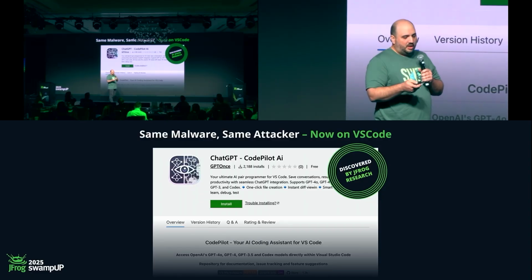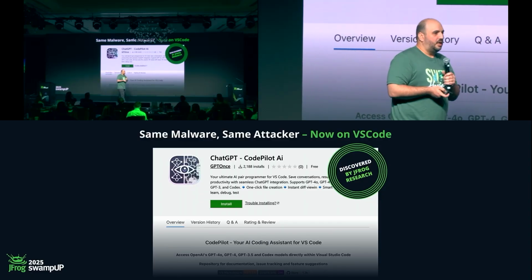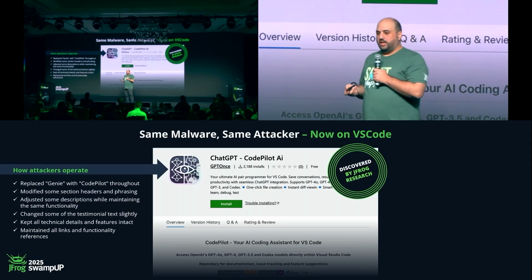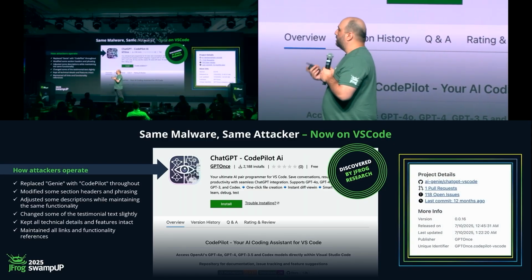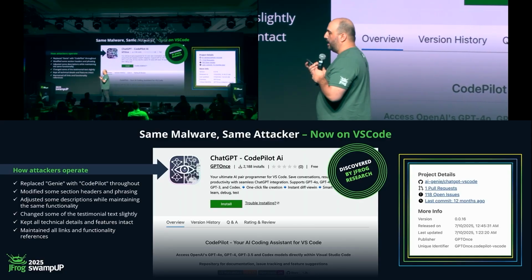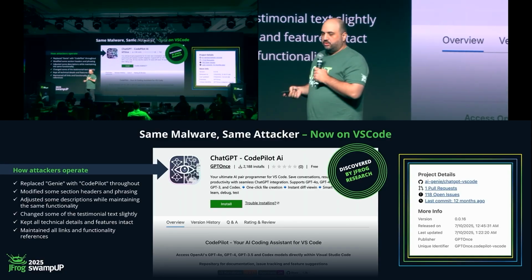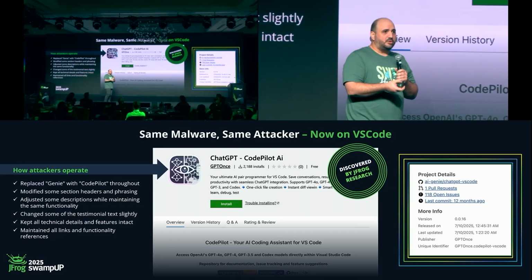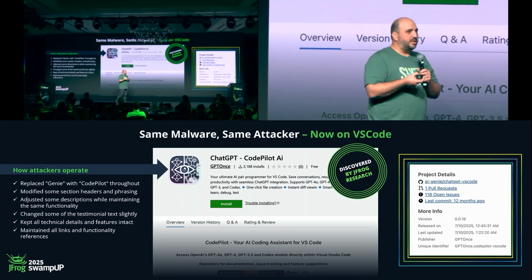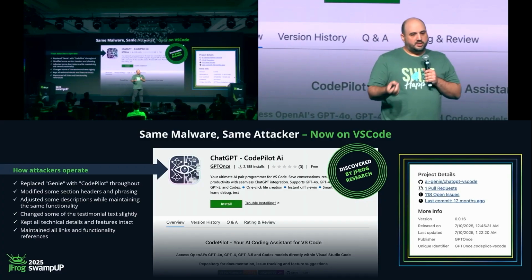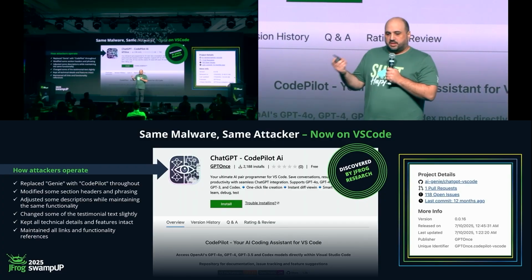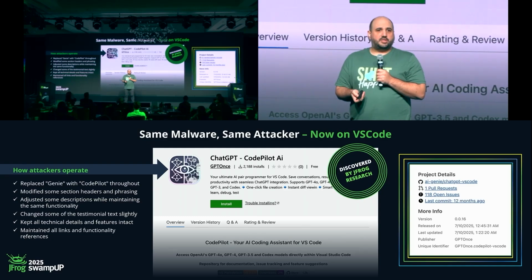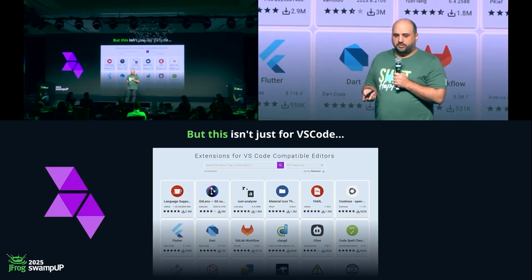They've added this supposedly benign extension. It uses a regular extension that looks very similar to a legitimate one. They're doing some sort of changes and trying to get developers to use it. And of course, they're using the fad and the excitement around generative AI and coding assistance. So this says that it's ChatGPT. And we've talked about VS Code, but this is not just happening for VS Code.